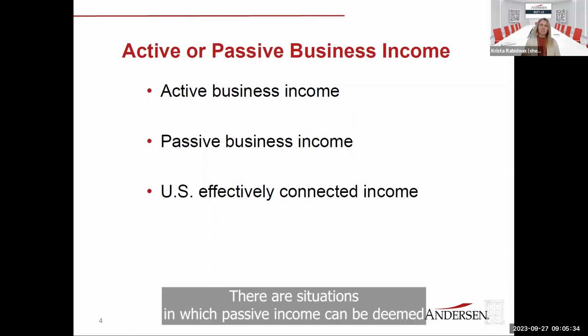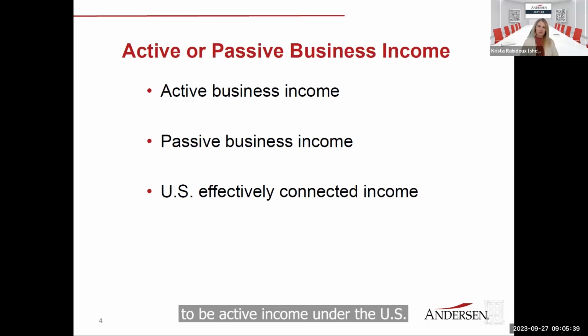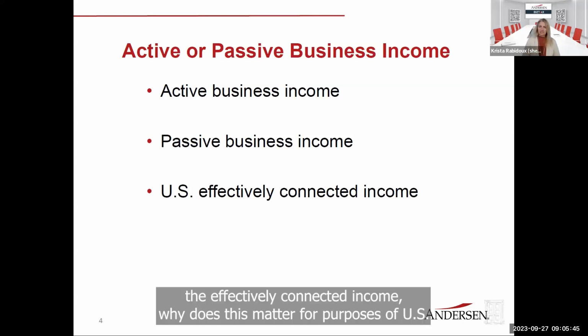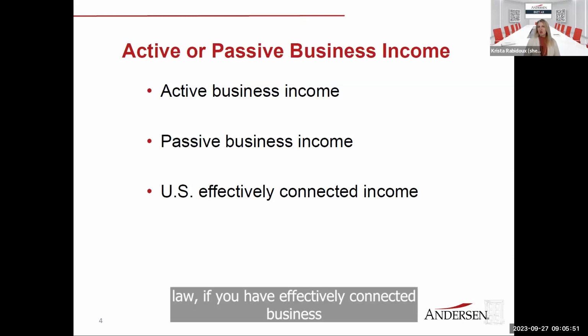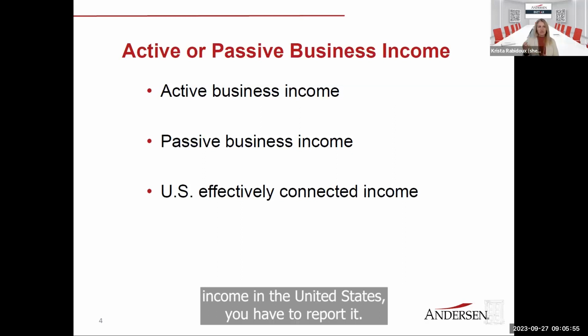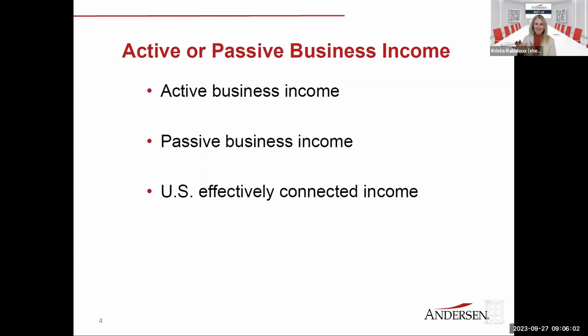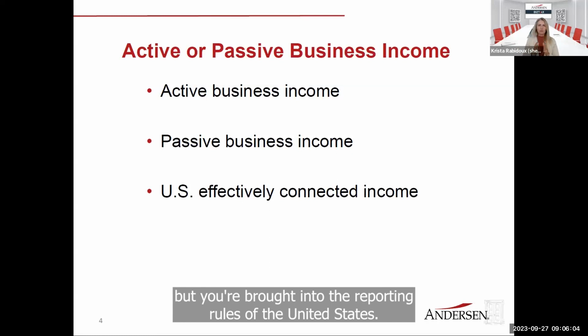There are situations in which passive income can be deemed to be active income under US laws for purposes of reporting. Now, when you're looking at effectively connected income, why does this matter for purposes of US reporting? It matters because under US law, if you have effectively connected business income in the United States, you have to report it. Now, you may not necessarily be taxable on it, but you're brought into the reporting rules of the